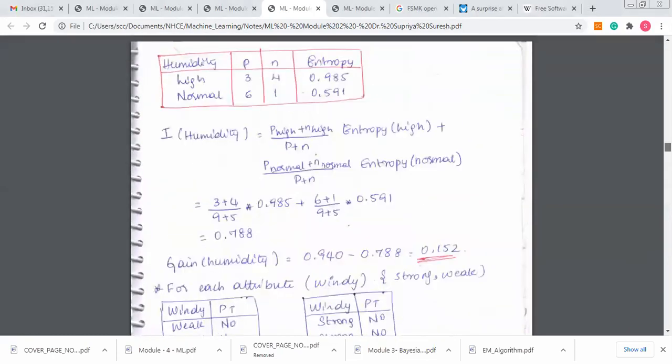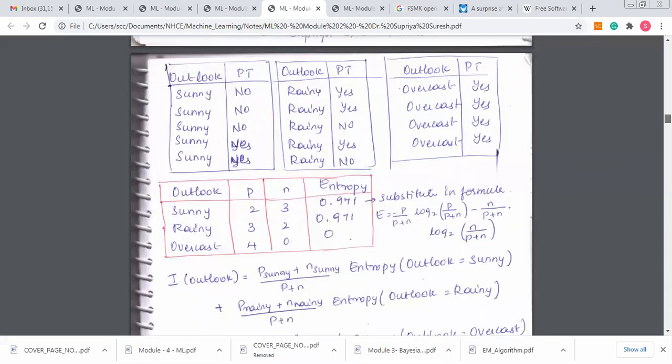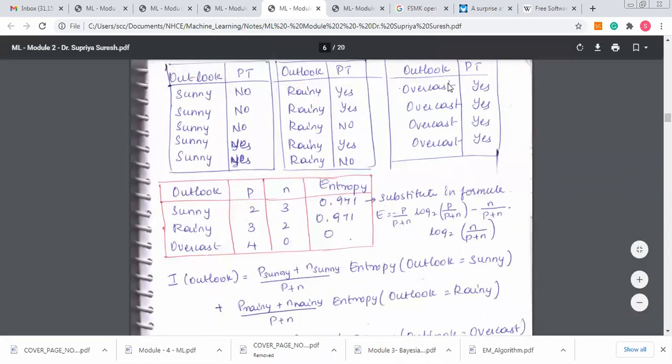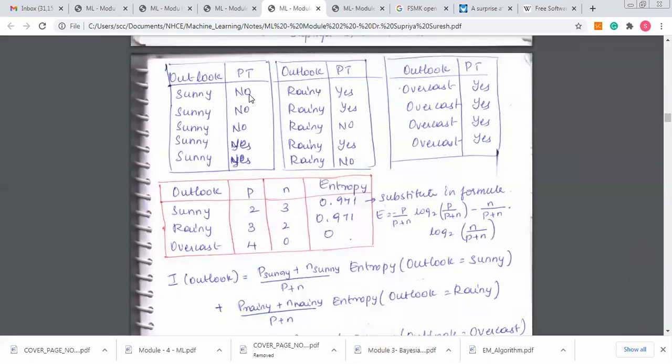How do we get to know the child node? Because we did our calculations with outlook and we observed that outlook with respect to overcast has all yes values. When all the values are yes, we can directly state that overcast can become a child node by giving it as yes. But the outlook with respect to the sunny feature and the rainy feature has yes and no still. So we still have to split up our tree to construct the other nodes.